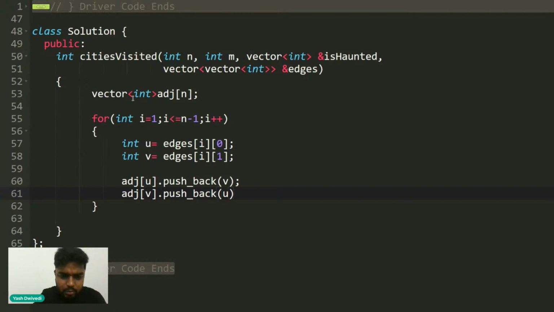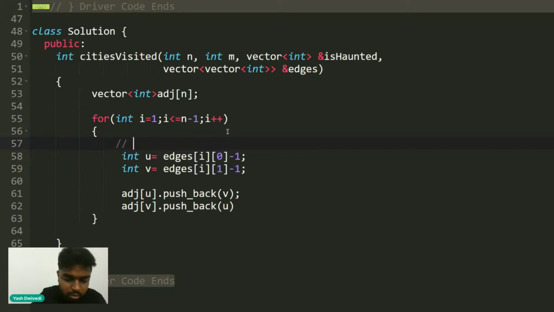But also one more thing, I can subtract 1 from this and 1 from this, because I'm making the tree 0-based indexed. So this is what I'm doing at the very first step.